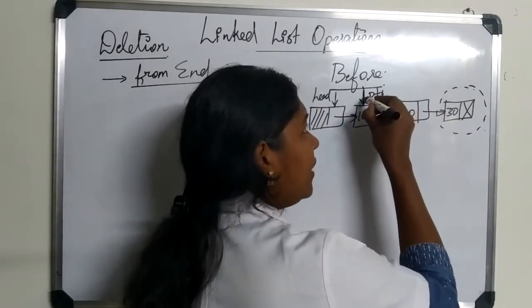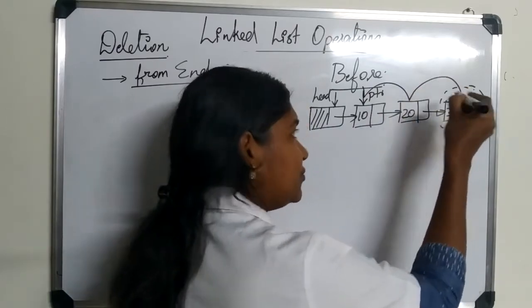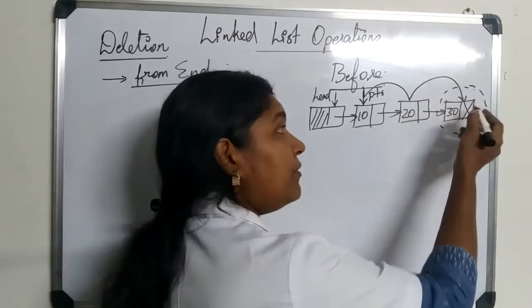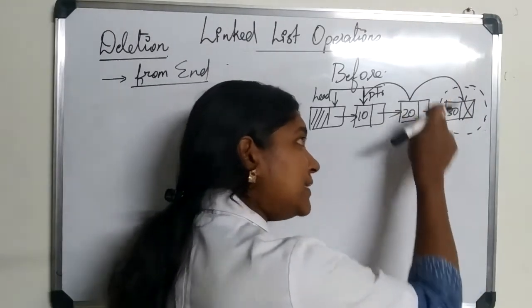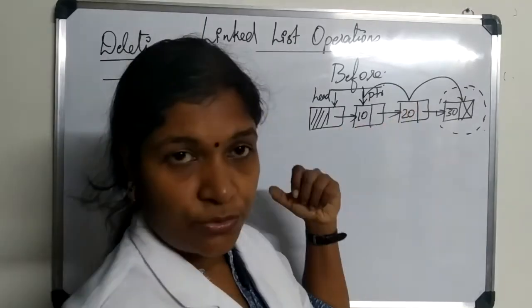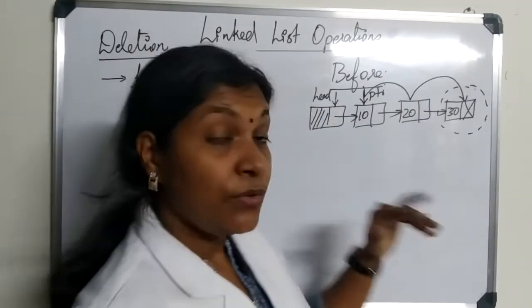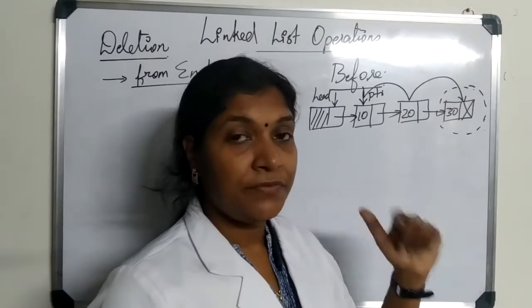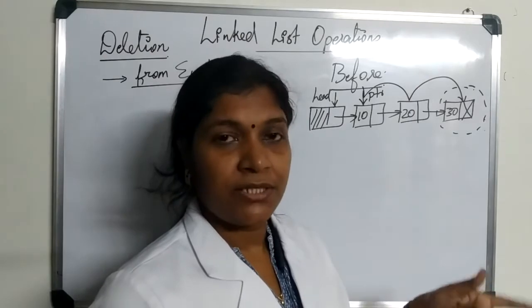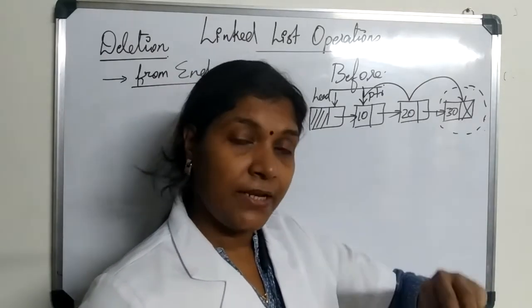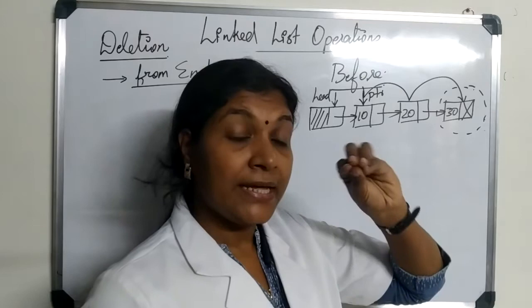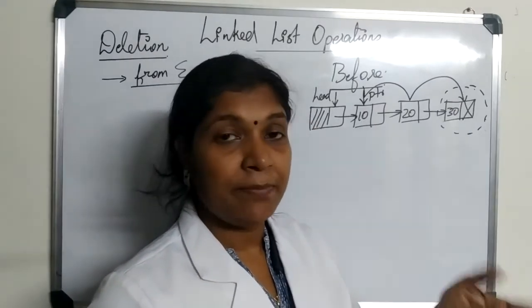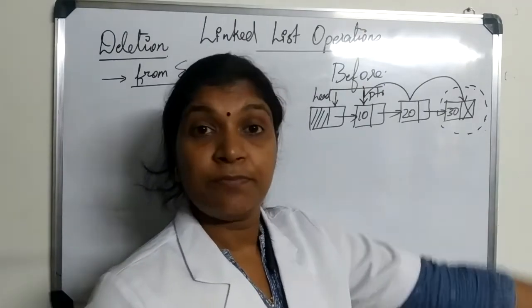Then what we can do, we know how to traverse and reach the last node. Okay. So right now PTR has reached here. Then in order to make this node the last node, we should have a name for this node also, right? And we know how to make another pointer follow one pointer. That also we learned in insert at any location. For that we made a second pointer follow the first pointer PTR. That is, we made PTR1 follow the first pointer PTR.